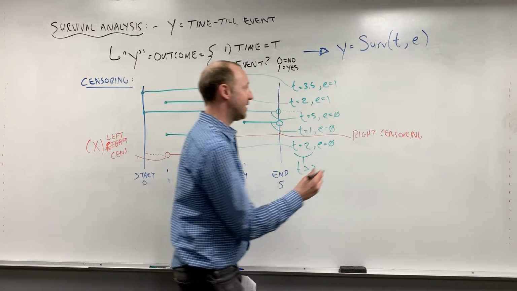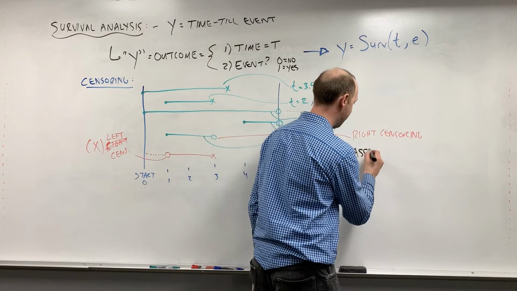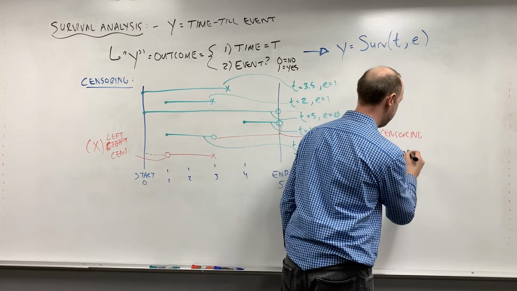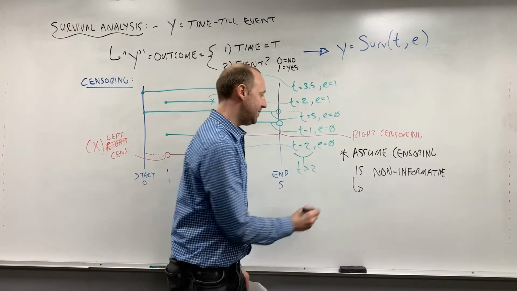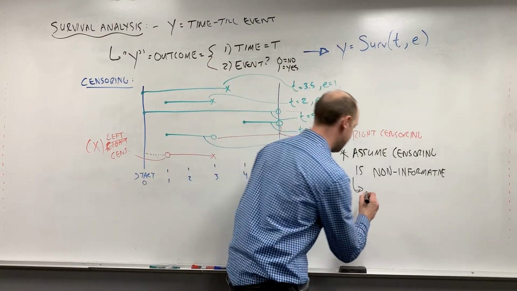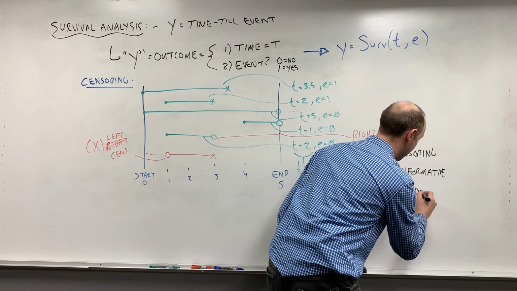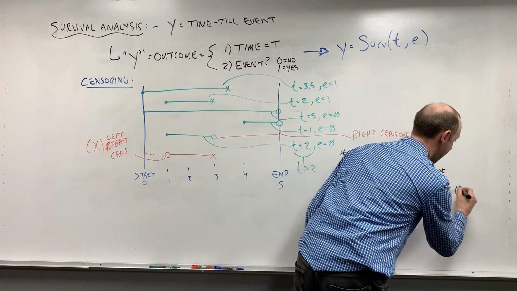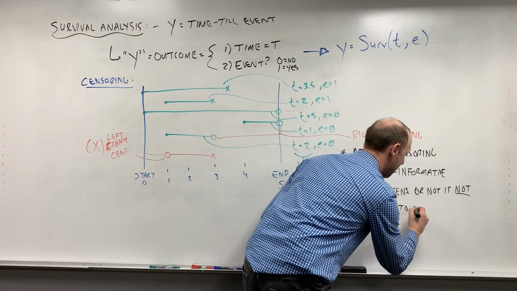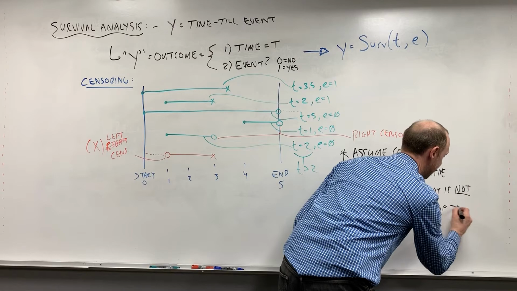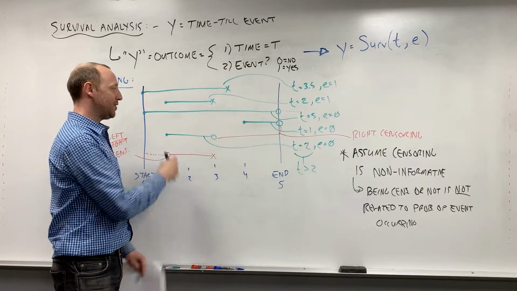One final thing to say about censoring. All of the survival models we're going to look at assume that censoring is non-informative. And what that means is that being censored or not is not related to the probability of the event occurring. So an example of informative censoring would be, suppose this person here was in the study and